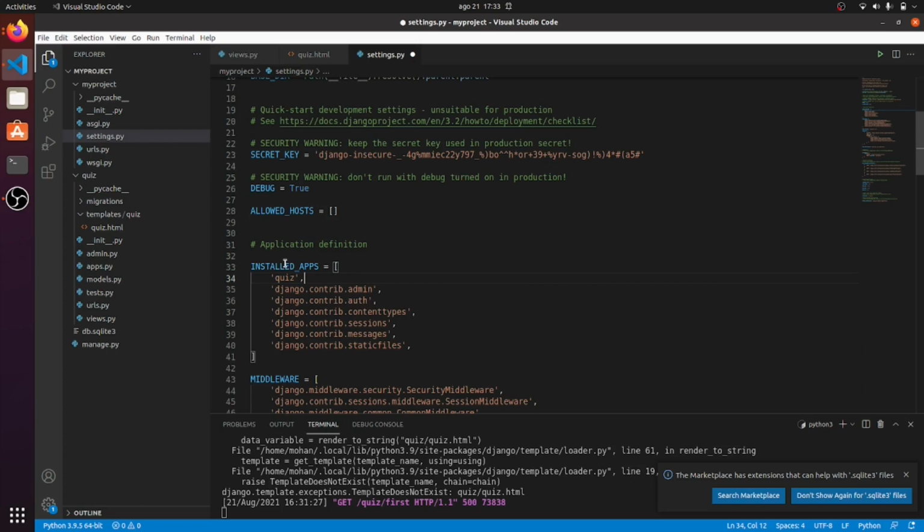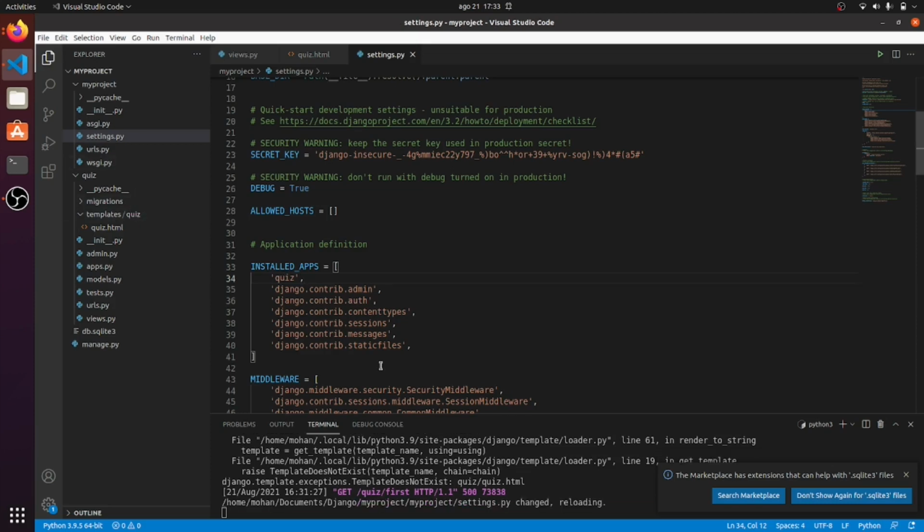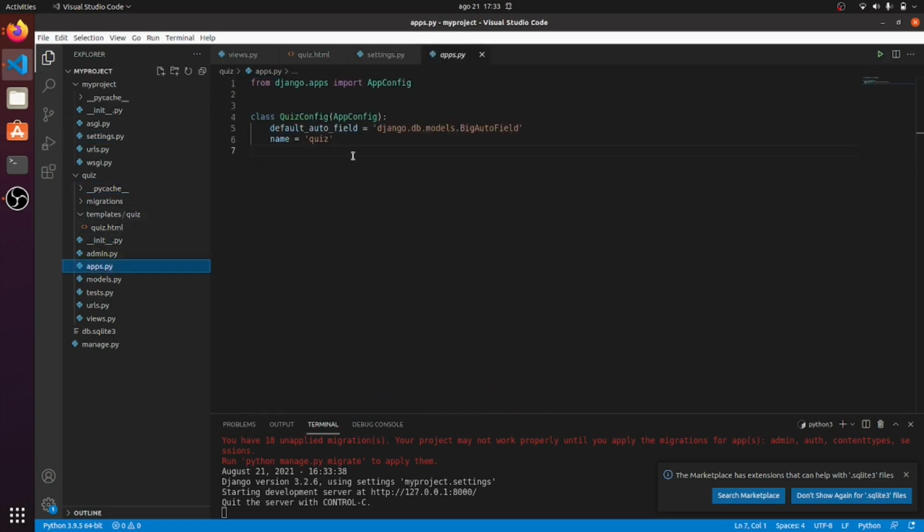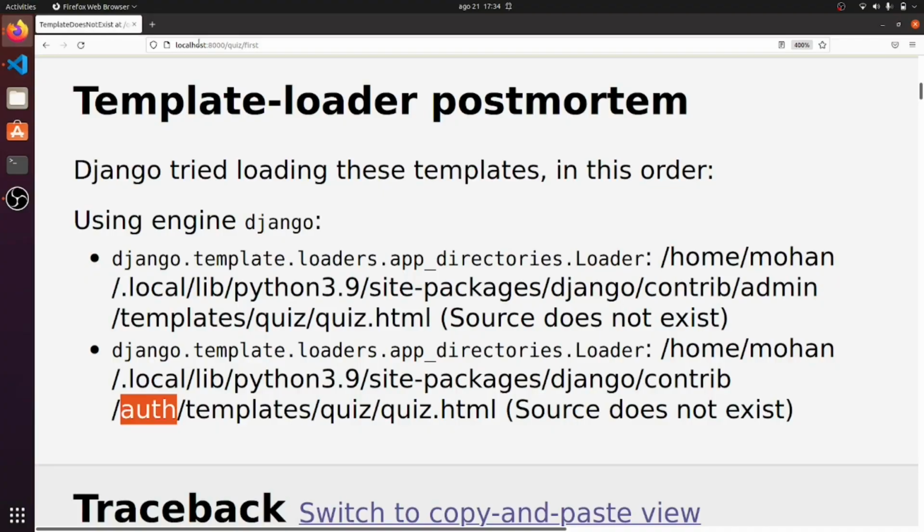Now installed apps tells Django to look for the quiz app. It can load the template. Let's save. One more thing, if you look at apps.py, you can find the same name as our app name. Now let's have a look in the browser.